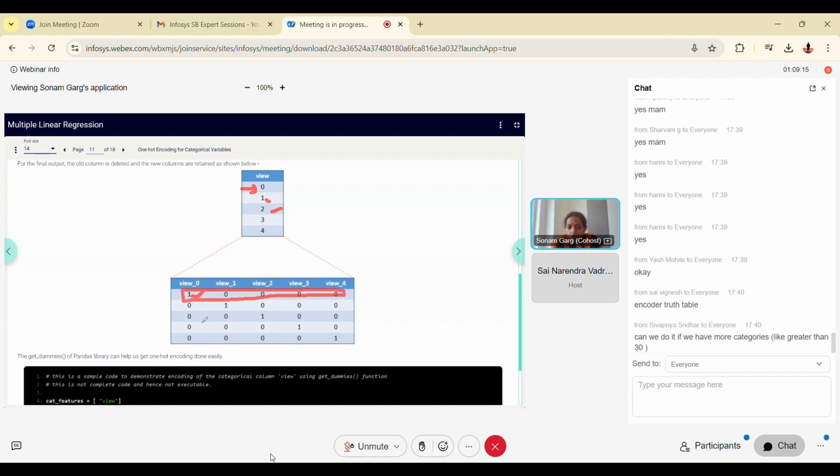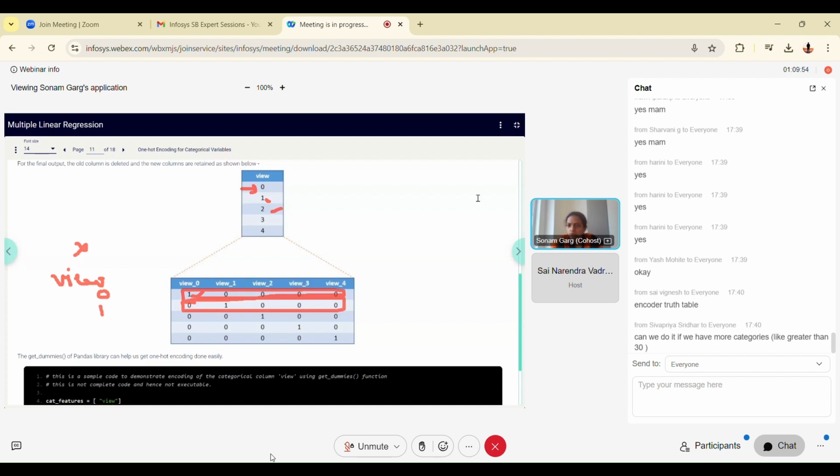Wherever I have garden view in my data set, it will be represented by this vector, and so on. Instead of having one single column that is view, we will discard this single column view because it was a categorical column. Instead of view, we will split it into 5, and every value of view 0 will be represented by 1, 0, 0, 0, 0 in 5 columns. Wherever it is 1, it will be represented by 0, 1, 0, 0, 0. So it will be encoded.